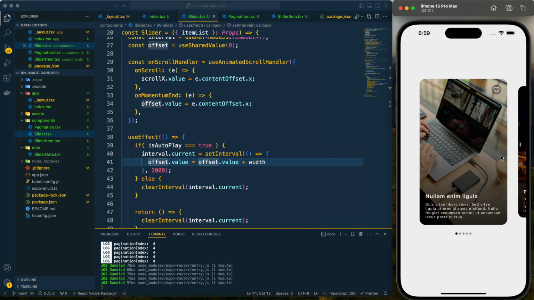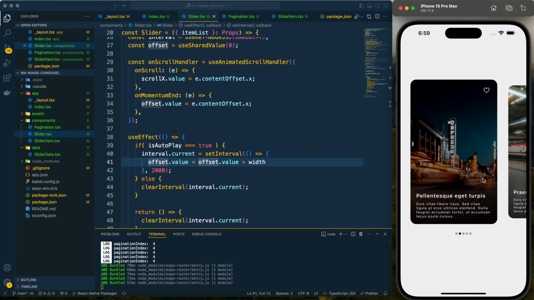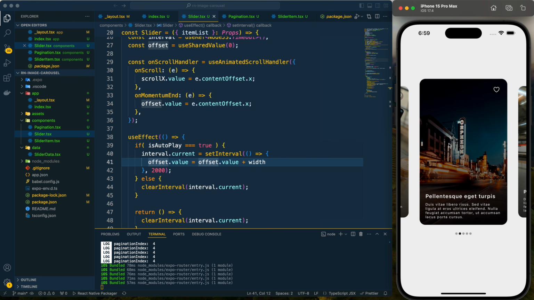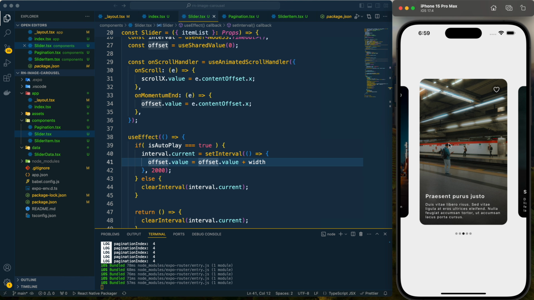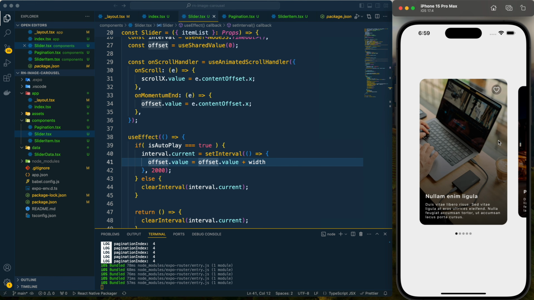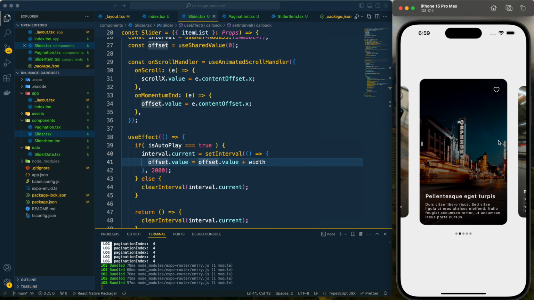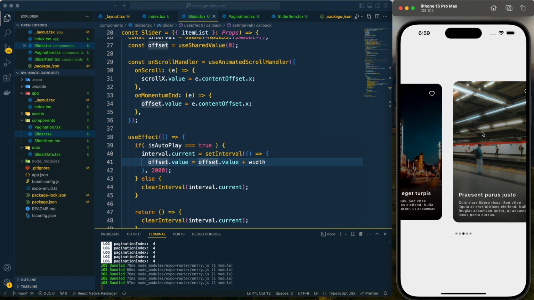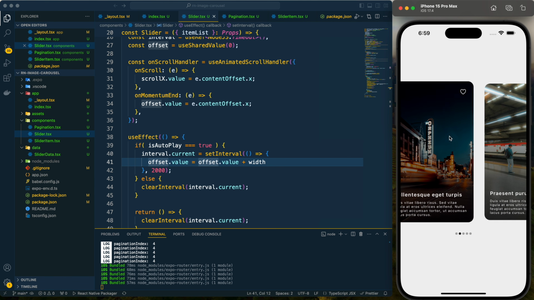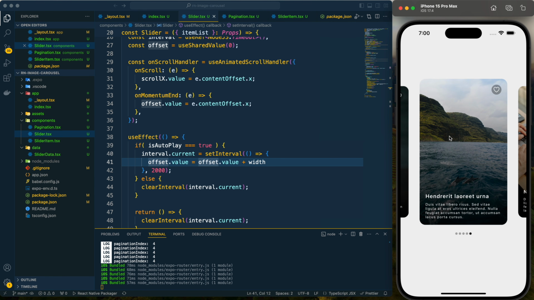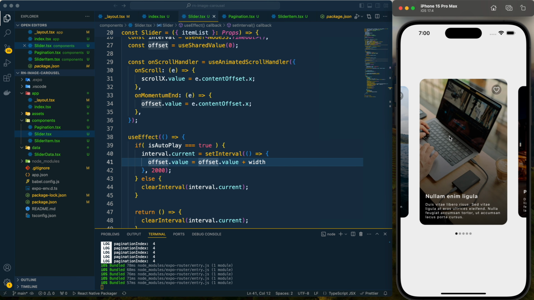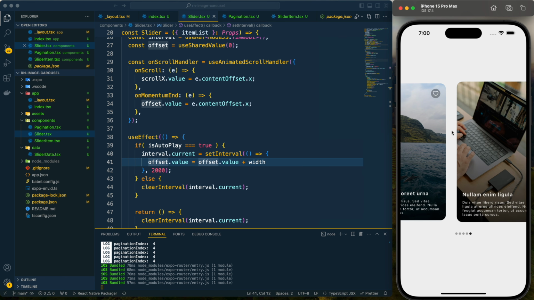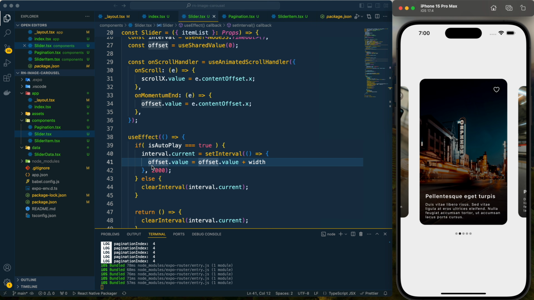Let's reload it. Now the autoplay is working perfectly well. Now let's do the sliding or scrolling, whatever you say. And when we are scrolling, that time it is stopped properly and it is starting from that point. It is not updating the index value by itself, right? So now it is working perfectly well.